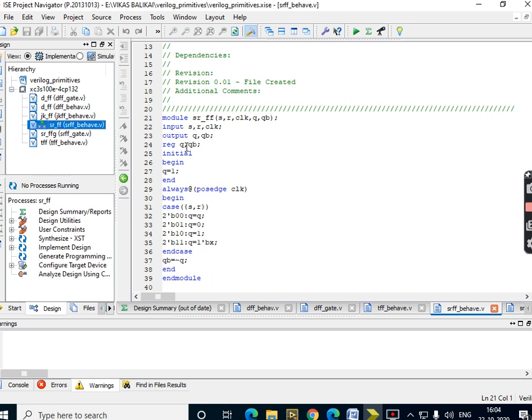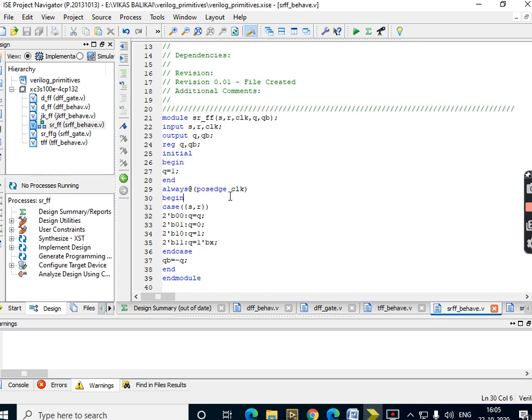Okay, now how I've written the code here in the behavioral, I use the same technique which I've done for D flip flop also. So module SR flip flop, S, R, clock, Q and QB. Out of this, which all are inputs: S, R and clock, and which all are outputs: Q and QB, and they are declared as registers also. Initial begin. Okay, what I have done here is, initially I have set a state at Q. Because it is SR flip flop, I have to have an initial state. So initially I say begin Q is equal to 1 and end. Begin and end is completed here.